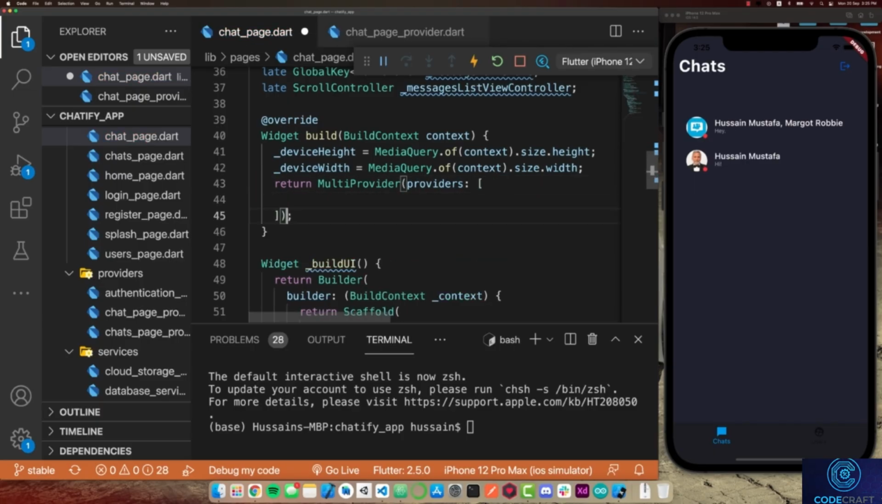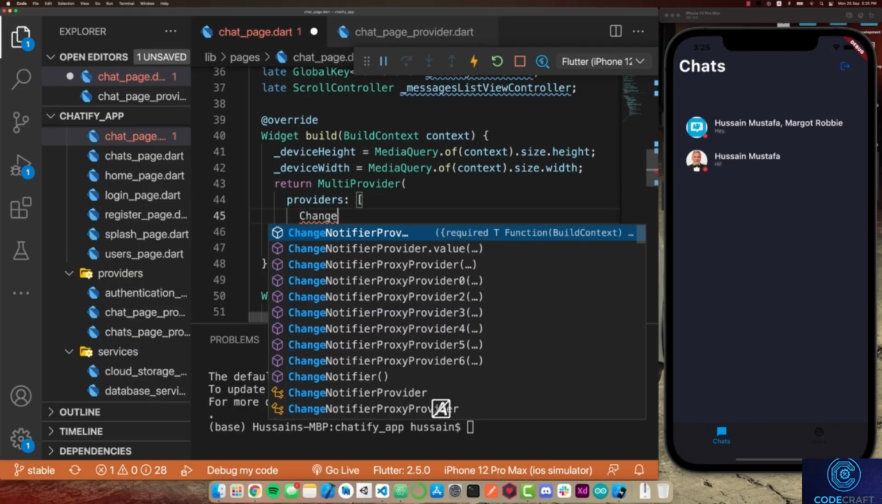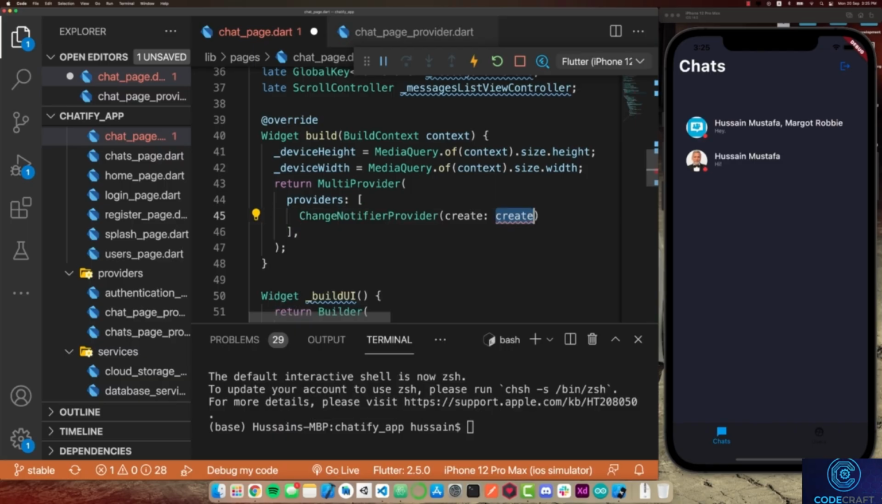In this case, we're just going to have 1. And which one are we going to have? Well, we're going to create a new change notifier provider. So I'm going to say we're going to create a new change notifier provider. And this is going to be of type, so I'll add these 2 angle brackets here, and I'm going to